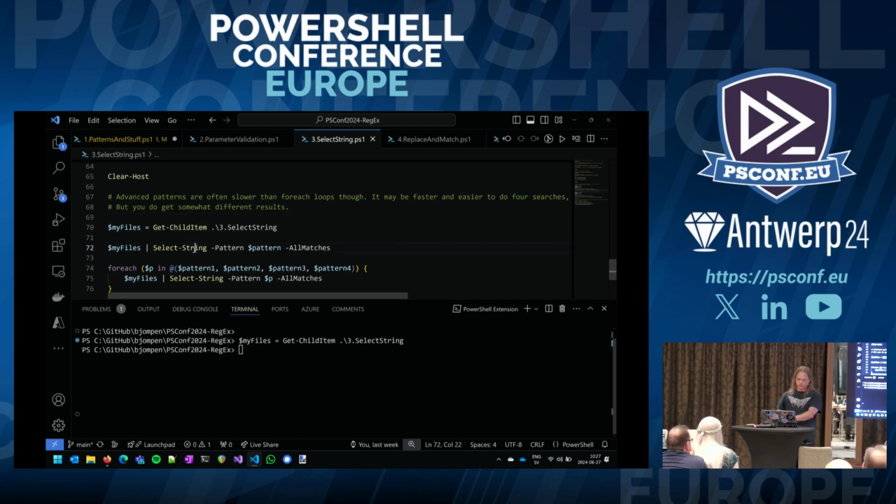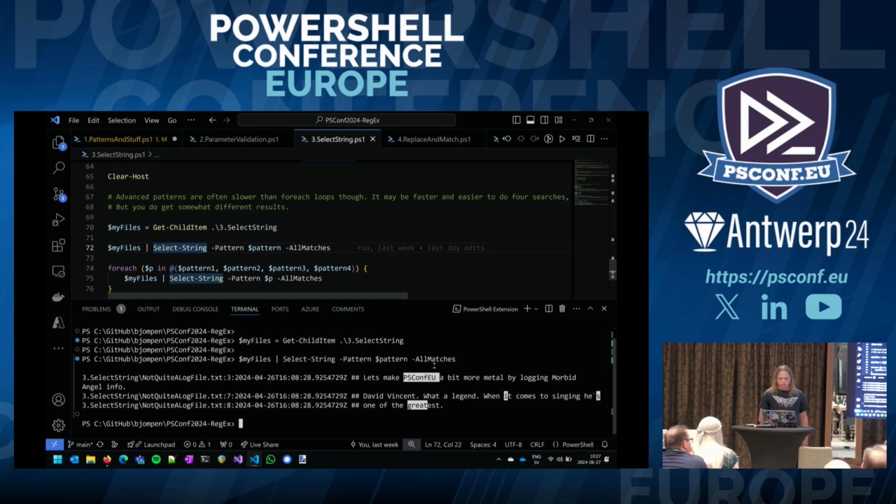Although, if we do it the simple way, and just do one search for all of the patterns with an OR, well, the result in this case is PSConfEU IS greatest, great. But we only get one hit on the middle row, because it's an OR match.